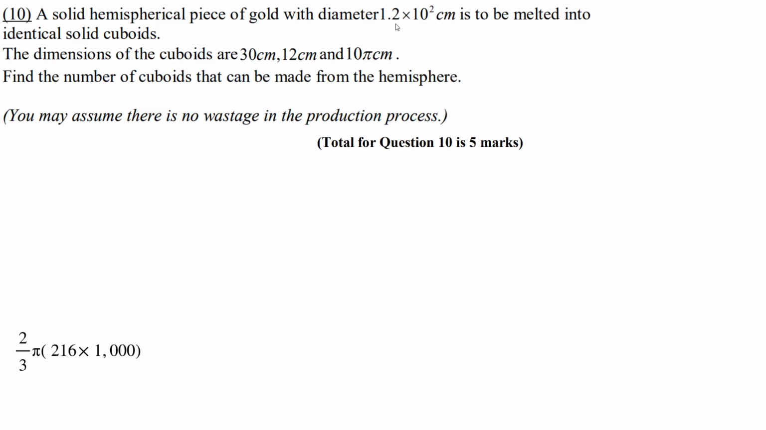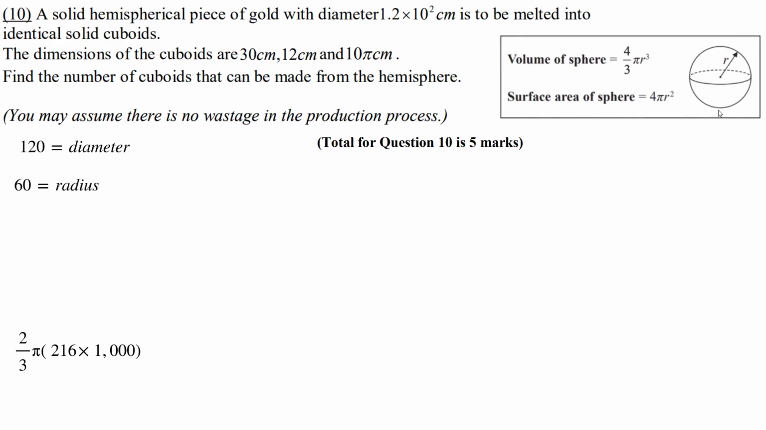So here we've got 1.2 times by 10 squared. So 10 squared is 100. 1.2 times by 100 is 120. So that tells us the diameter is 120. So the radius is 60. Now, you do get given this formula here for the volume of a sphere and then the surface area of a sphere. And we'll be using this. So you don't have to remember this. But you might also notice that to get from this to this, you actually integrate, which is pretty interesting. Anyways,